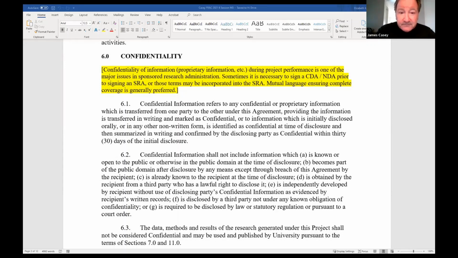confidentiality language. I've done it both ways, but what is important is that sometimes parties want to talk, your faculty member wants to talk to a private company that wants to fund his work. You will need a non-disclosure agreement before you even start talking in depth, because that is the sharing of confidential and proprietary information. And if you get that done first, the discussion leads to the talk of funded research, then it can lead to that proposal, then it can lead to the contract.